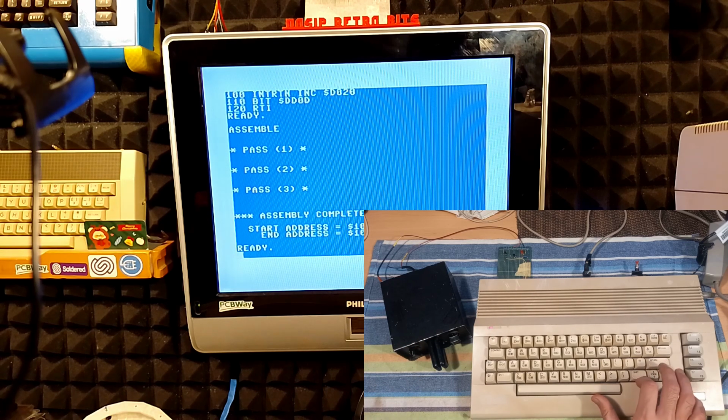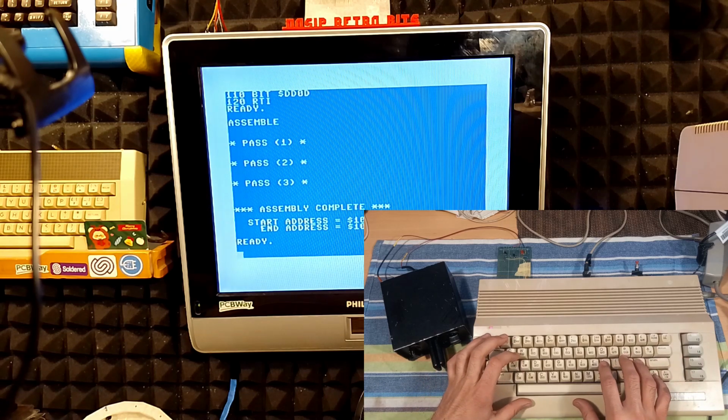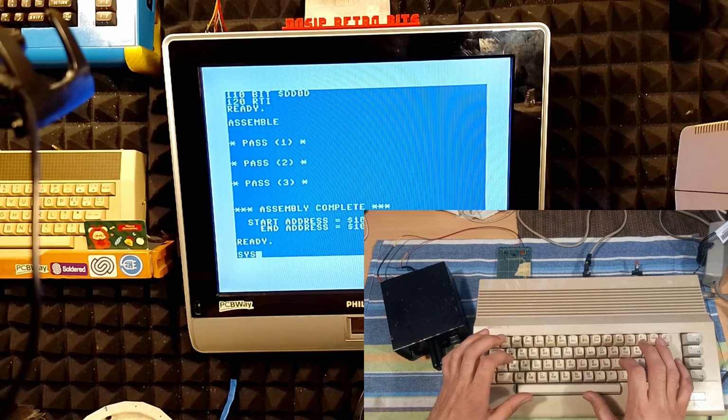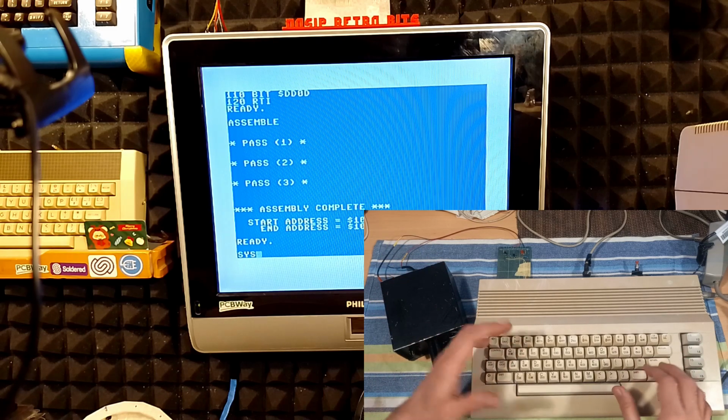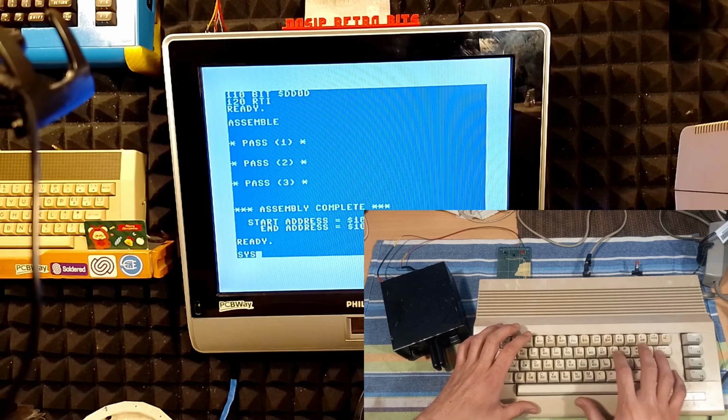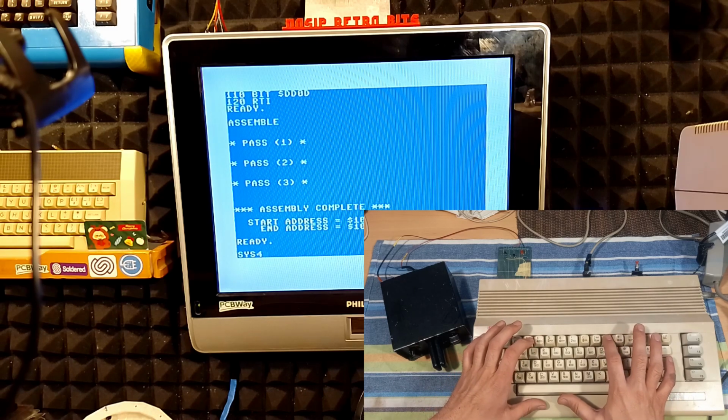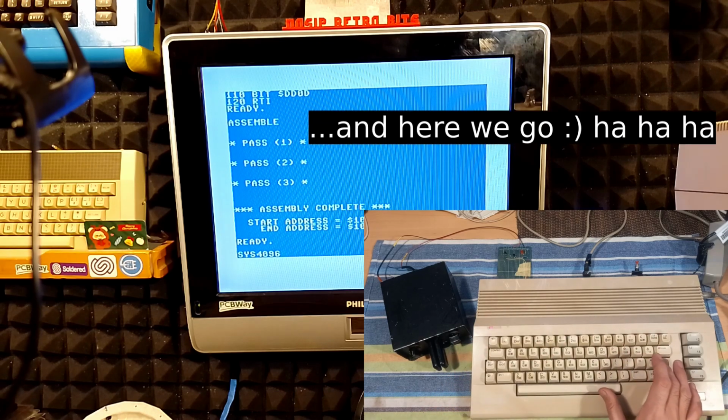So to call our little code, we need to call the sys command, and hex 1000 is in decimal 4096, so we have to call 4096, and